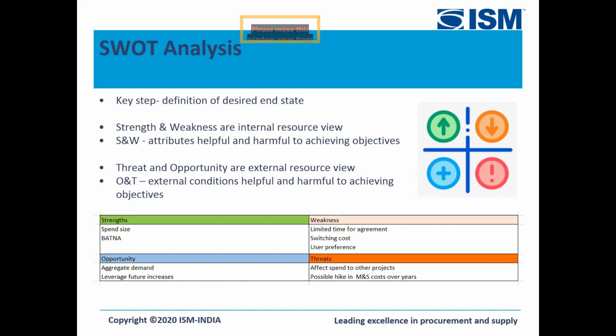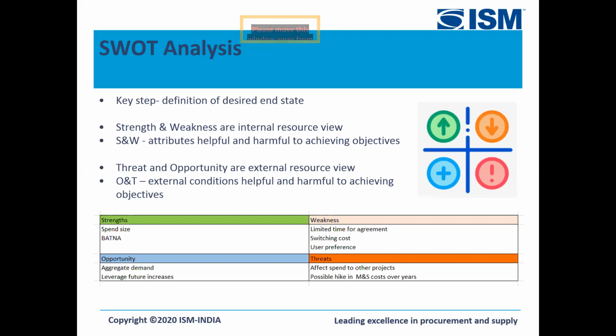Threats: how the spend would affect the other project, because there can be a budget constraint. If we are spending an X amount on a certain supplier, then it would not leave us a good budget for the other suppliers or other propositions, which might not be as high as the specific project in hand, but might be as important as the first one is,